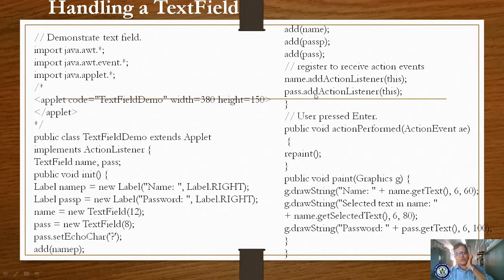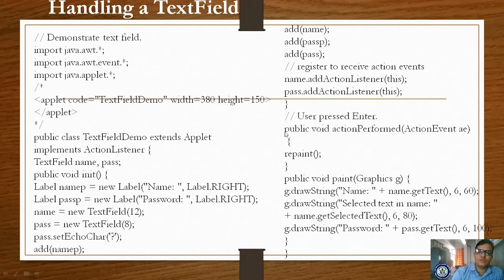Next, whenever you click, name dot add action listener of this, so whenever you enter text in the text box name, then some event has to generate. To generate that event, we have to register our listeners. Those listeners are add action listeners. So whenever you enter in the text box, that is text box 1, name 1, some event has to generate.